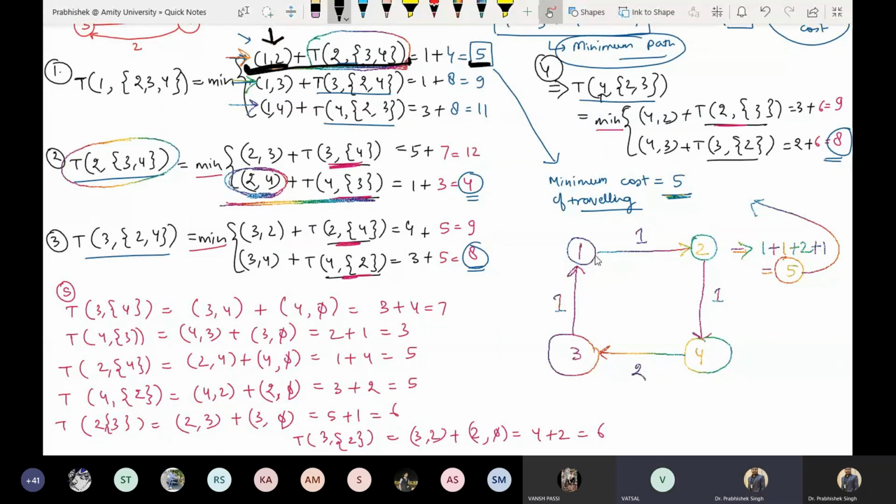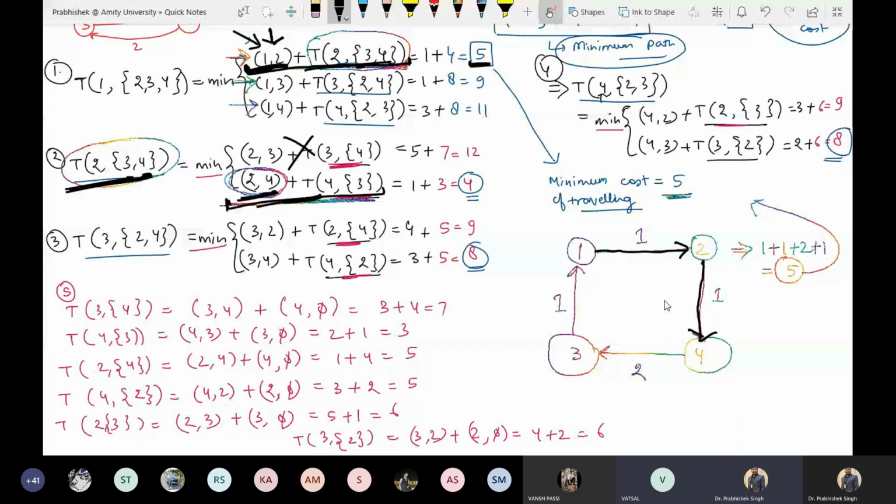Is this clear, Vatsal? Yes, sir. So 1 to 2, if I have taken, then I have to solve this equation also. So I have to go to this equation. When I have approached this equation, then again there are 2 options available with us, and which is the option which we have taken? This option we have taken, and this option we have not taken. So in this option, what path do we have to follow? 2 to 4. So I will go from 2 to 4. Is it clear, Vatsal? Yes, sir.